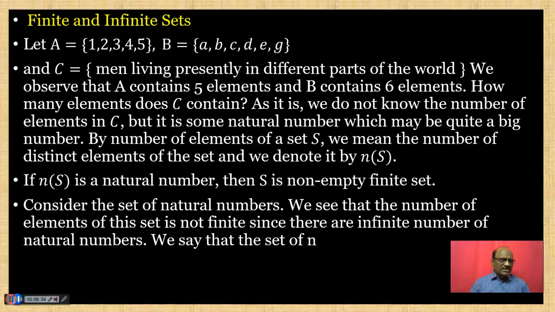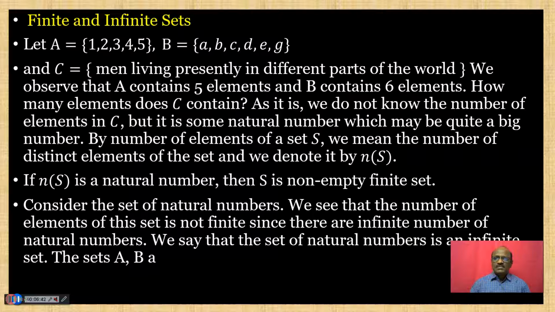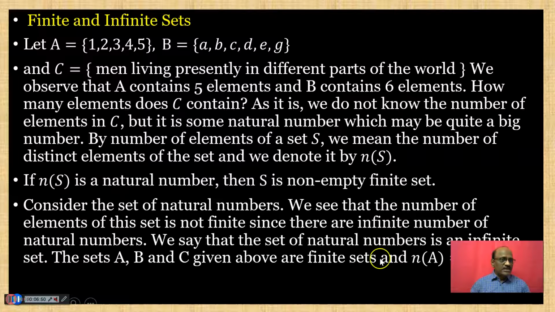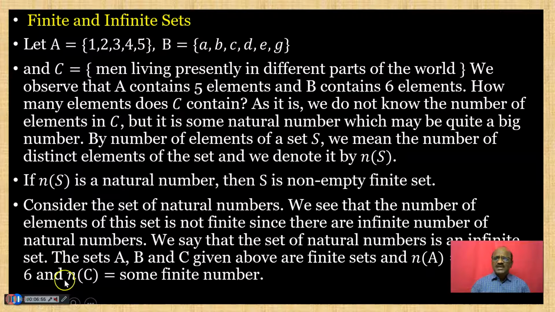We say that the set of natural numbers is an infinite set. The sets A, B, C given above are finite sets. That is, n(A) = 5, the number of elements in set A is 5. n(B) = 6. And n(C) is some finite number. We can count it. Okay. Now the next